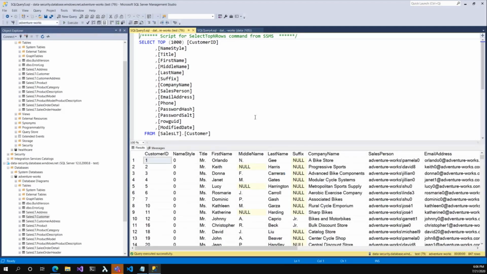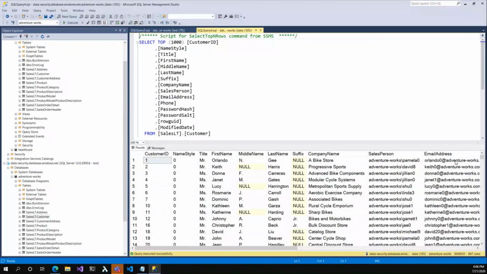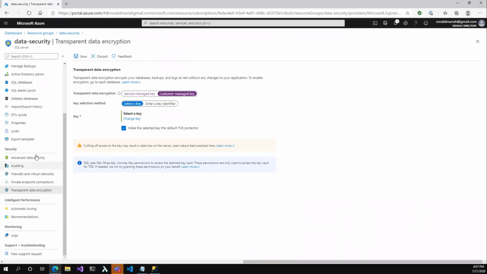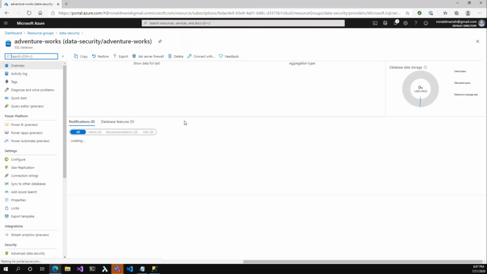We see that both the users see the same data. All the email addresses are shown for the test user, and for the administrator, all the email addresses are shown. So from a security aspect, having email addresses exposed in your database is a security concern, and you need to handle that appropriately. So one of the ways that we can mask the data is on the database layer,